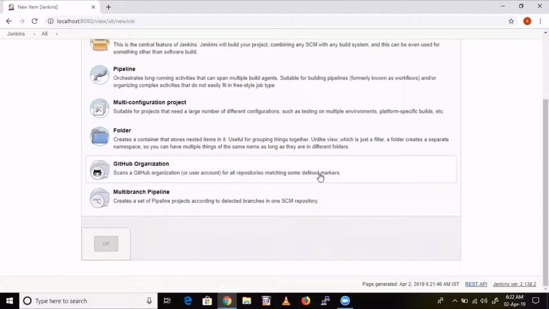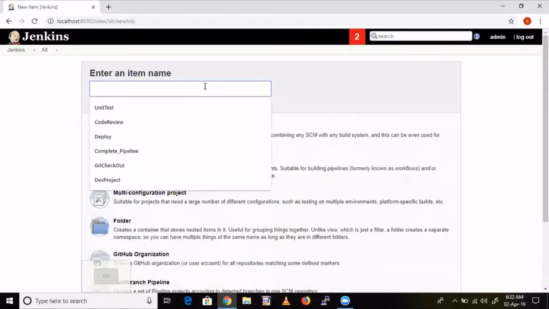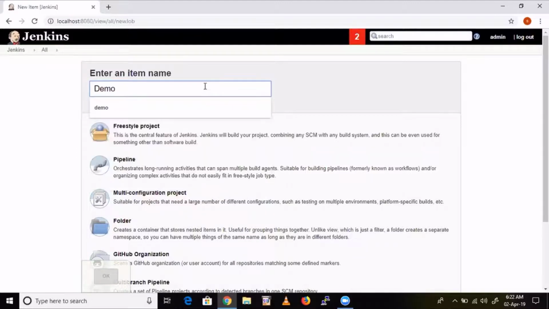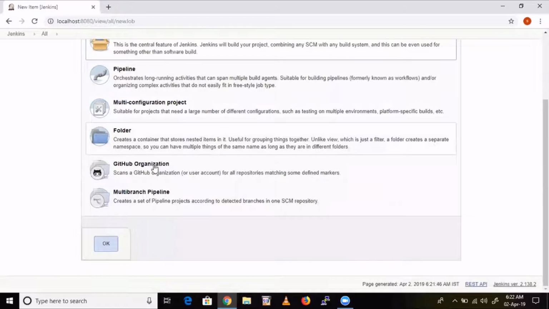I told you that when you install any plugin, you get a new option. So let's give, for example, the name demo. I'm giving a job name called demo. Choose freestyle job. If you don't know what kind of job it is, then generally we choose freestyle. It is a general one, common to everyone. So select freestyle. Now click on OK.